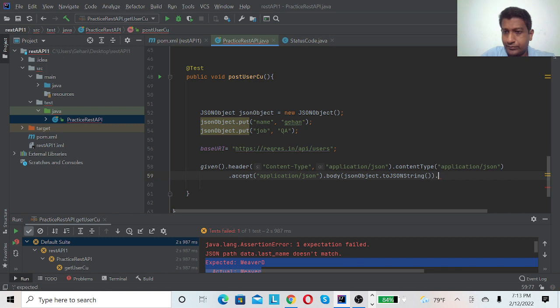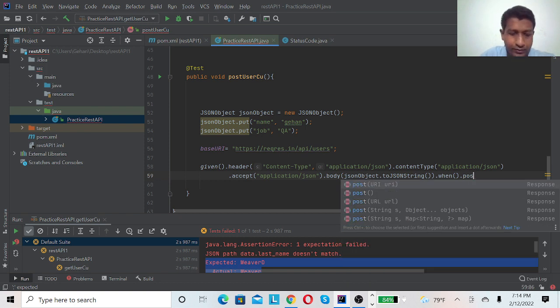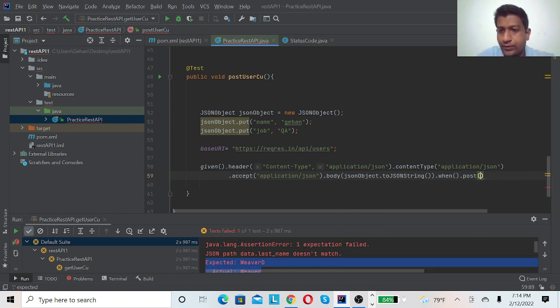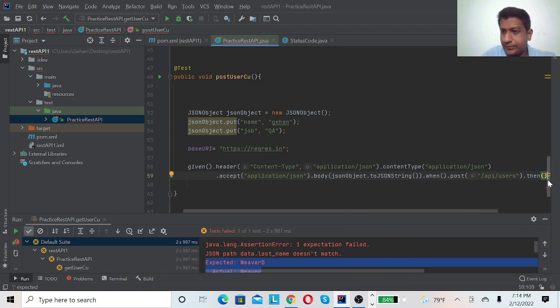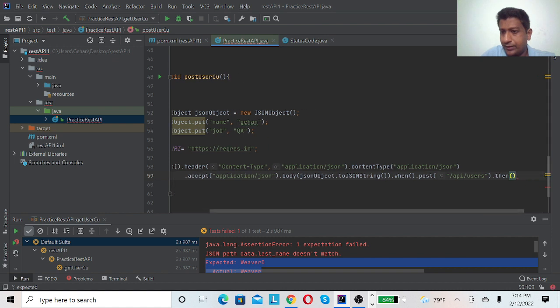Then given, then when. On the when, it's a post request, so we call the post URI. On the URI, we can put this part. I will cut this part and paste it under here, and then the then keyword dot status code.